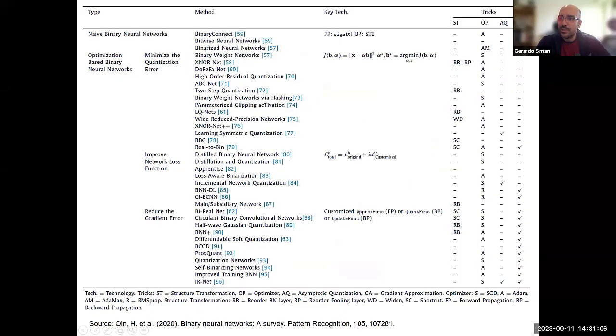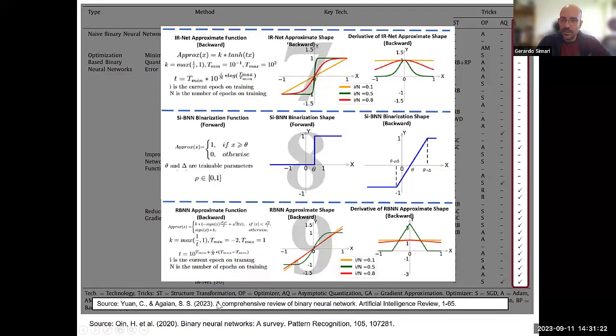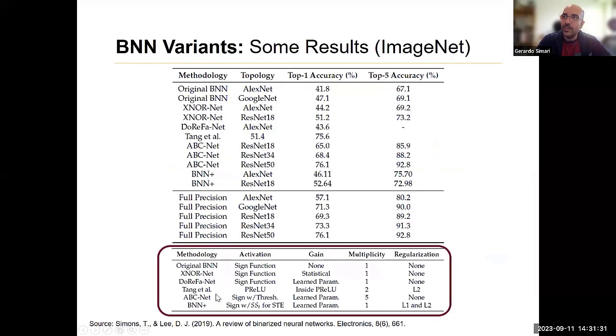So as a summary, here's again the table, and we have quite a few approaches, and this is from 2020, so it's not capturing what happened in the last few years, but this survey that I left on Canvas as well for you is available, and it's from this year. So some results for these, only a few of these, is from another review from 2019, just to get a little bit of a taste of what kind of results they get on